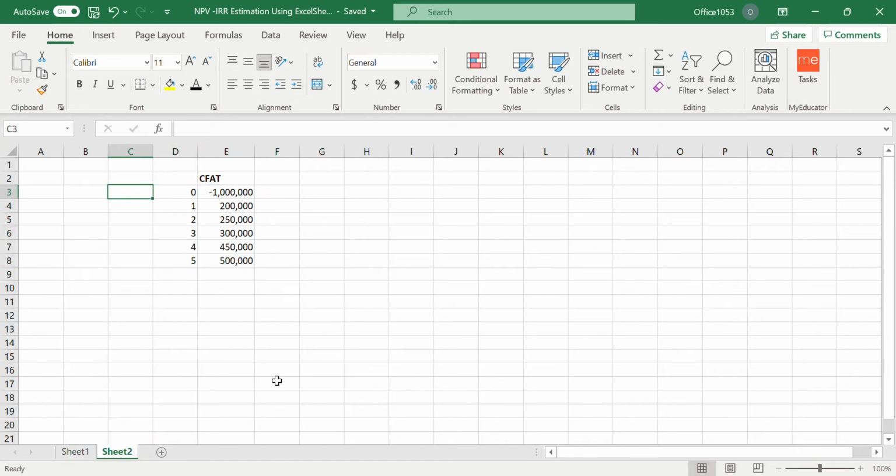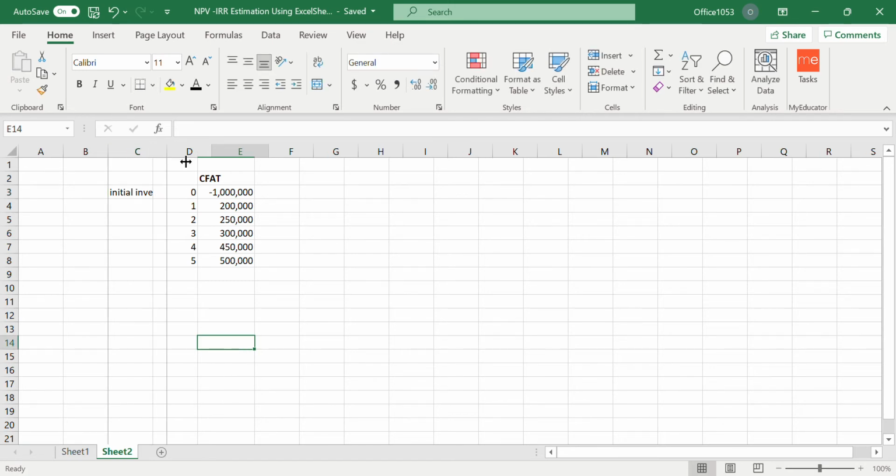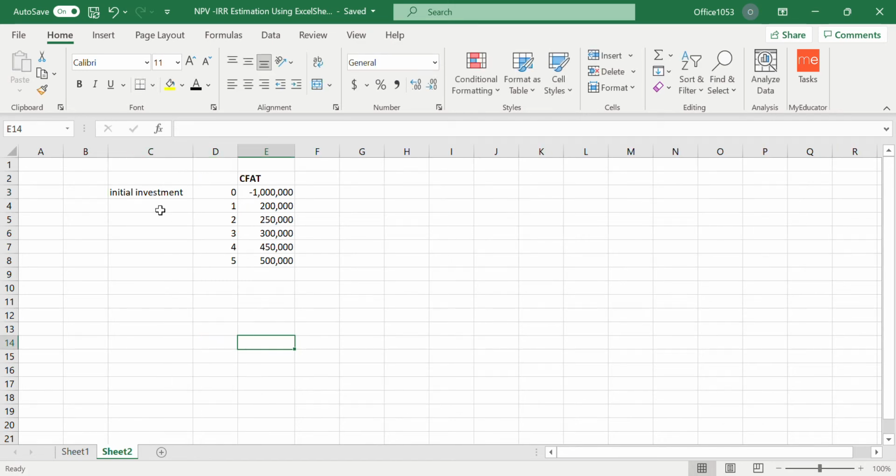This is the initial investment, which is also known as the cash outflow, and these five figures are the cash inflows. This is a 5-year project. If we take a 10% return,